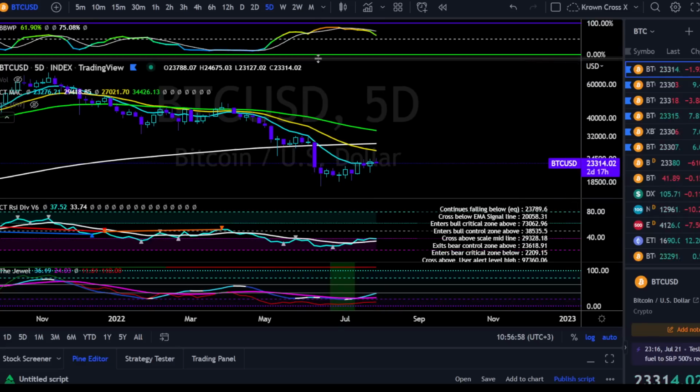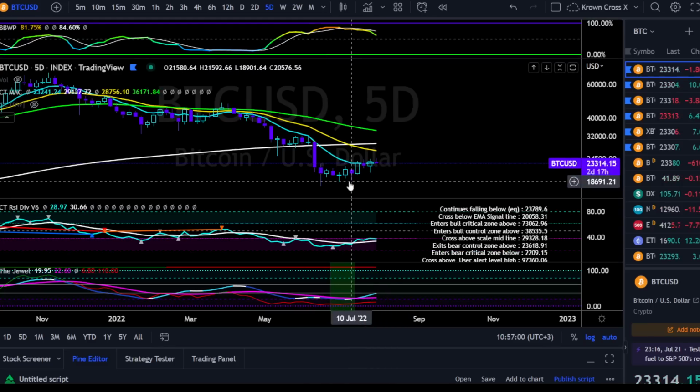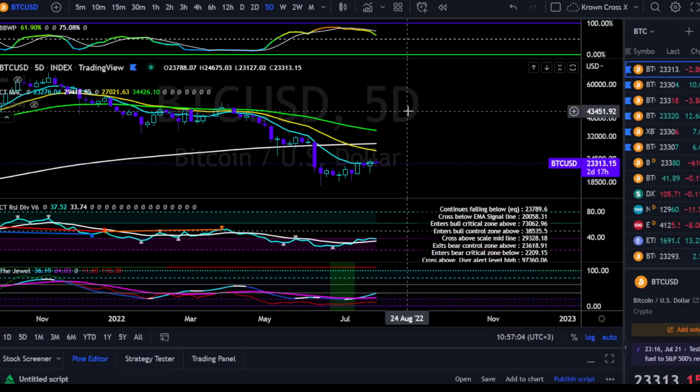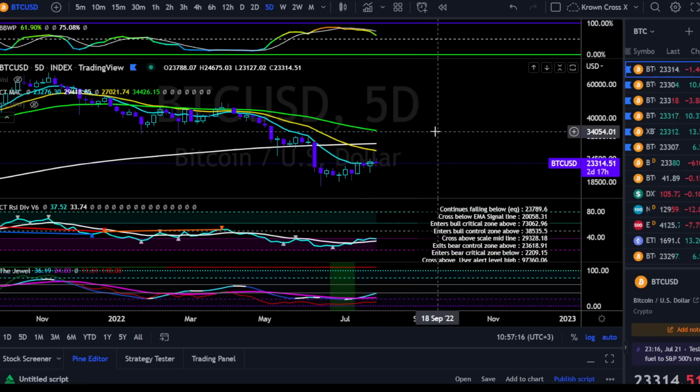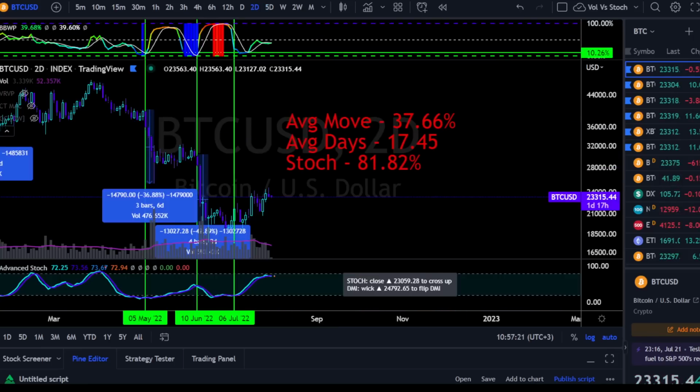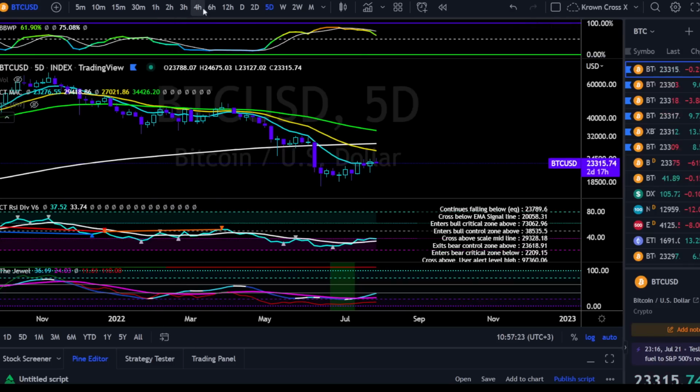I still want to be on record as saying that it could very easily be that Bitcoin bounced off the weekly range lows and then puts in another move towards $26,500. But I've been saying for a while now, I don't think that the lows are in. I just don't have the indications that I'm looking for on a macro low just yet. There's one last piece of hopium that I do have, but maybe I'll save that for another day. But for right now, it's kind of the same thing as before.